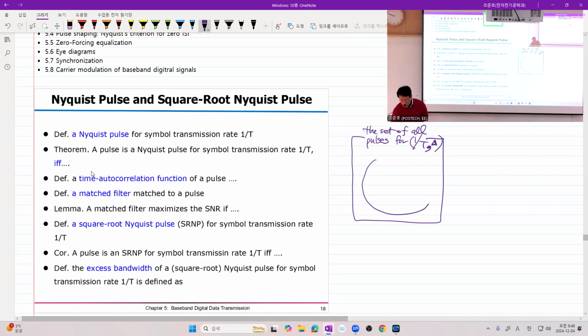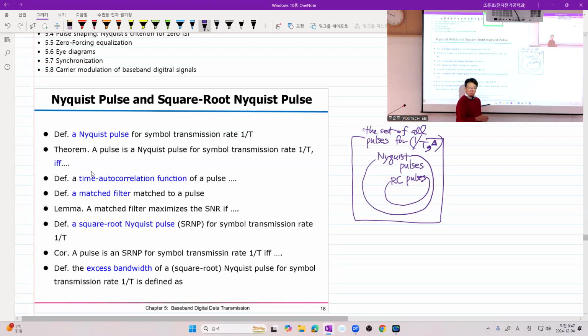Even though this set is very, very small, let me exaggerate in order to draw. So here goes the set of Nyquist pulses. And here is another subset called raised cosine pulses. Got it? So last time we studied what is a